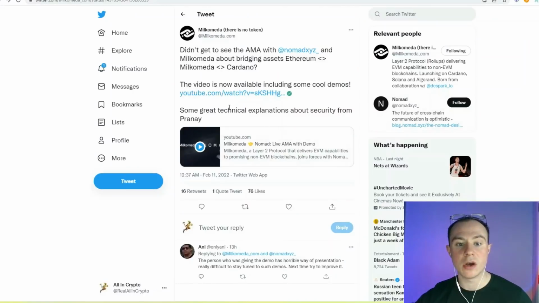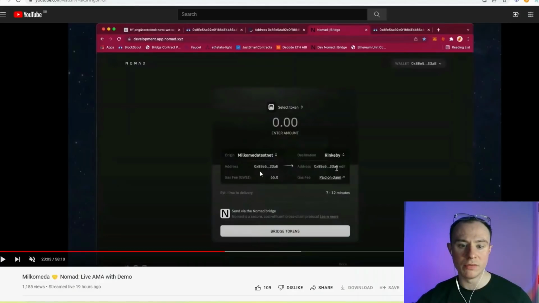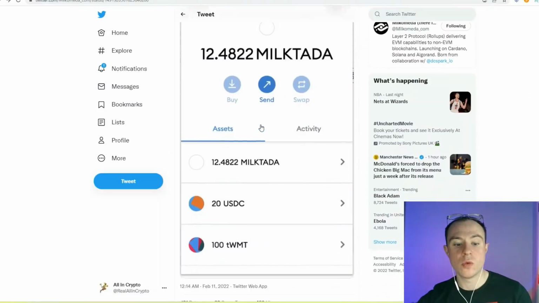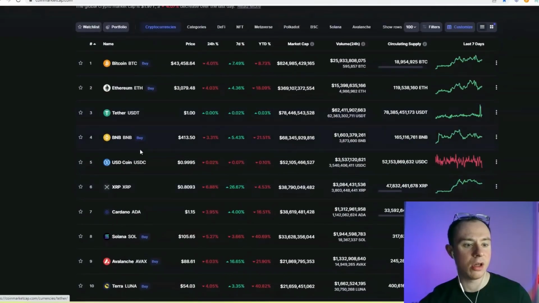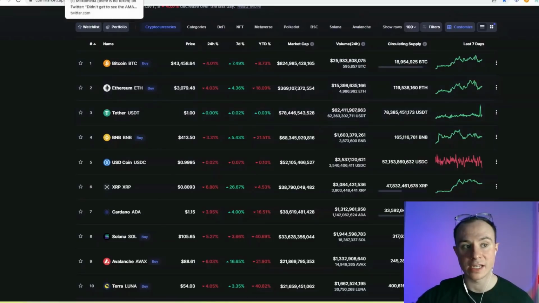They released a video today, or certainly on their Twitter, that demonstrated a bridge. The bridge that they were using was Nomad. This is the bridge here, or a visual representation of it. I think Nomad are essentially what Wormhole would have been to the Ethereum and Solana bridge. What is going to be allowed to happen here is ADA will be able to interact with other assets like USDC, which we know, I think Tether's the largest stablecoin, followed by USDC potentially. So this is a lot of liquidity that Cardano could gain access to.